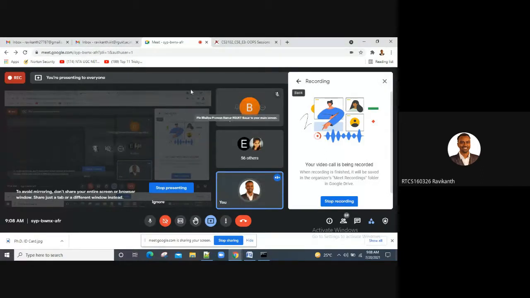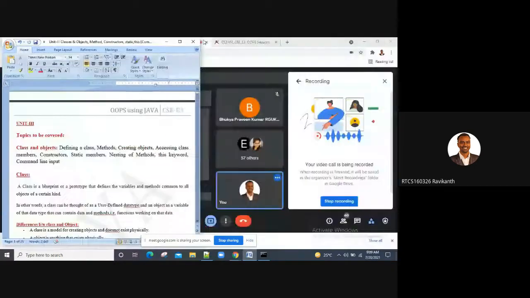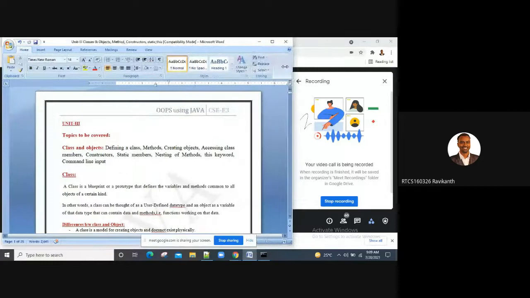So before I move on with today's session, I'd like to recap yesterday's session. We started with classes and objects. We got introduced to classes, defining objects, then accessing class members. Then we saw a sample program on how to work with classes and objects. We worked with a single class, and we can also work with multiple classes. In today's session, I'll quickly take you over some syntax and other concepts which we have left over.